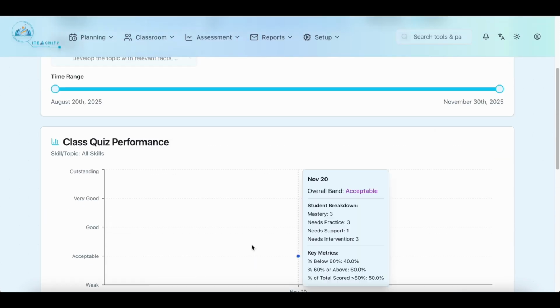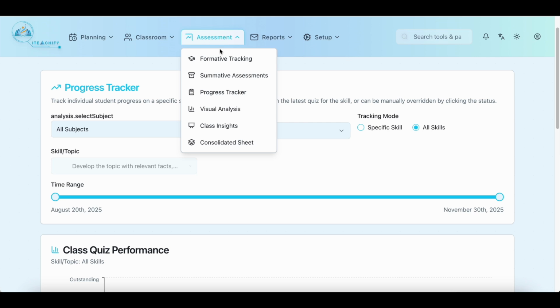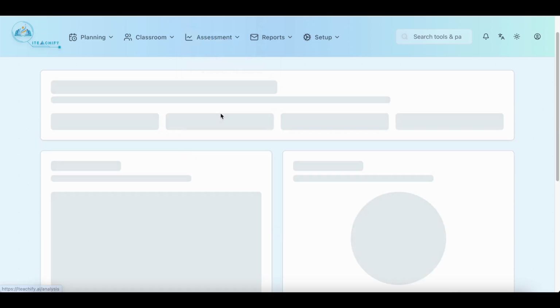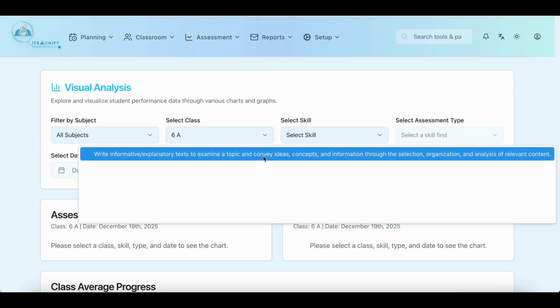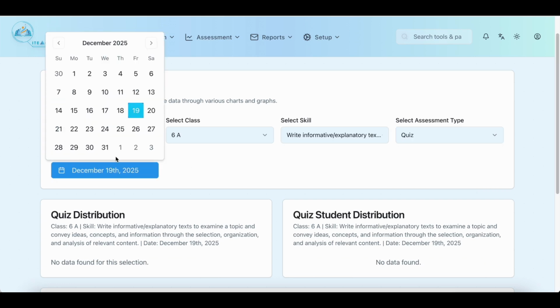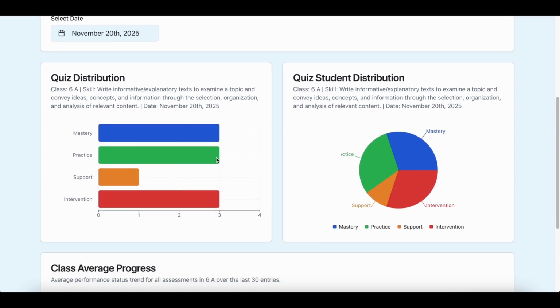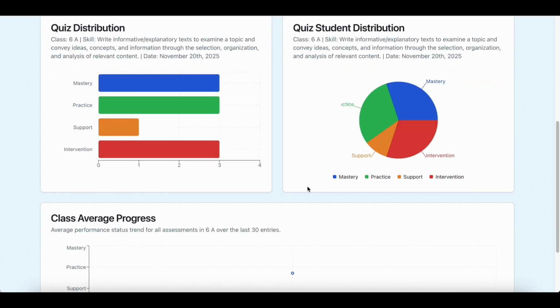Another way you can visually track your students' performance on a specific skill at a specific point in time is to go to the Visual Analysis page under the Assessment tab. There you can select your class, skill assessment type, and the date of the assessment. Once that's done, you should see 3 interactive visual representations of their performance: a bar graph, a pie chart, and